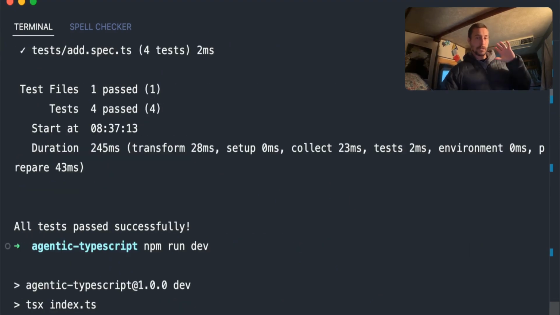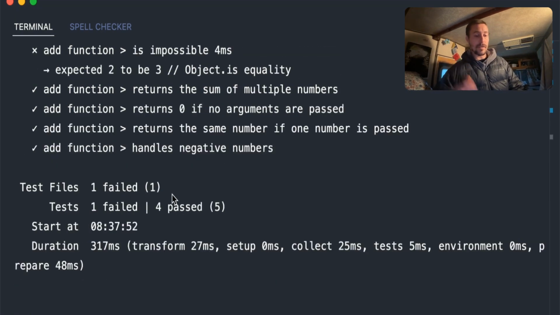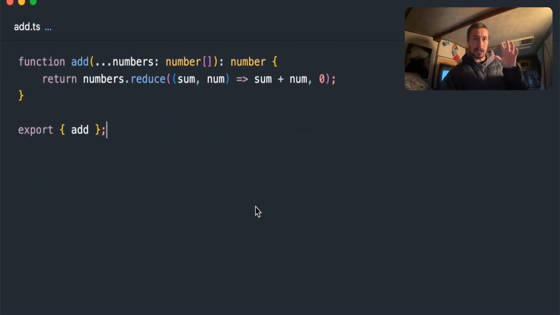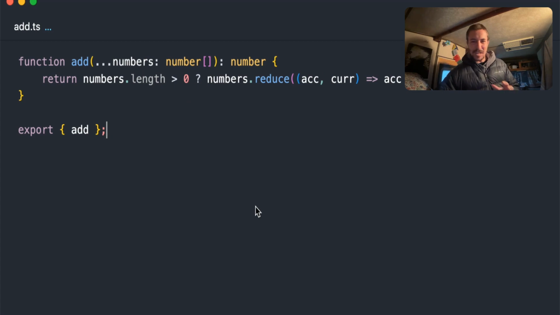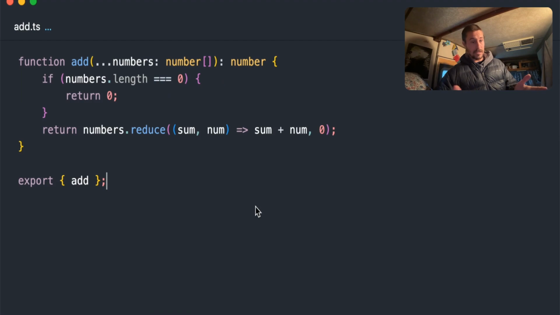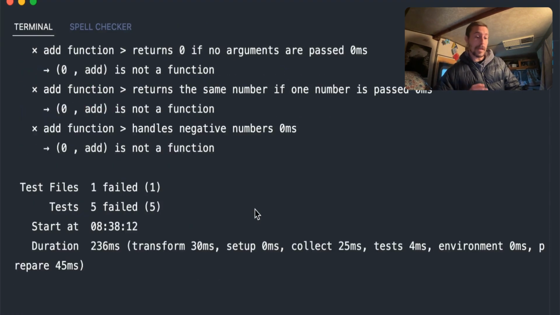So what I expect here is to recreate the add.ts and see how it keeps failing. So now we're in the loop. If we do an add.ts, we're going to see it's going to keep changing. These are all the new responses from ChatGPT. And it's going to keep changing and trying and failing. Failing because the test really should never pass. But here we are in an infinite loop. So we've made it into the loop.